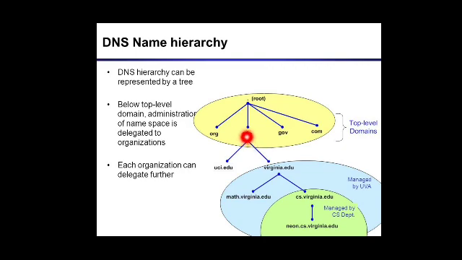Now after reaching edu, next it will check what the next string is. After edu, you are having Virginia. So your path will be in this way, because virginia.edu is in this direction. And after going to virginia.edu, from here you can fetch the IP address.